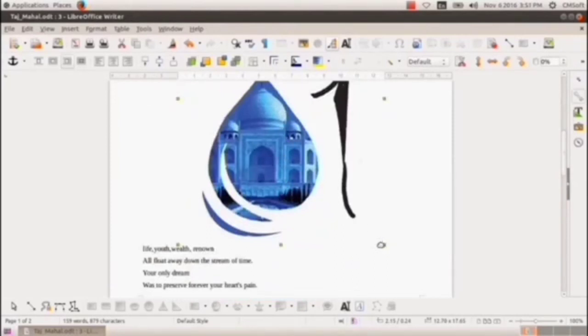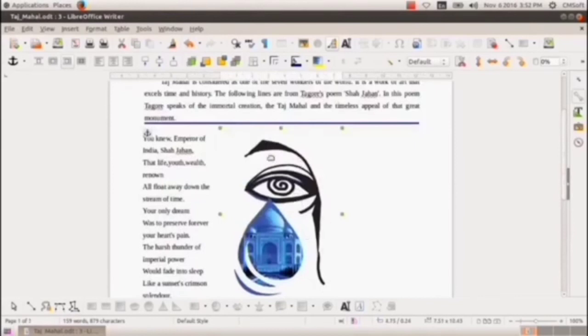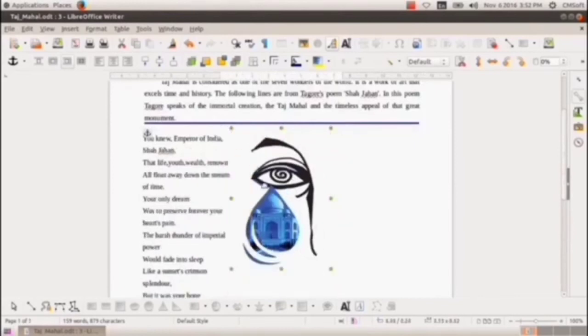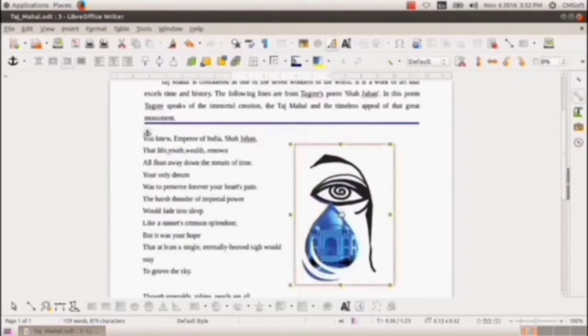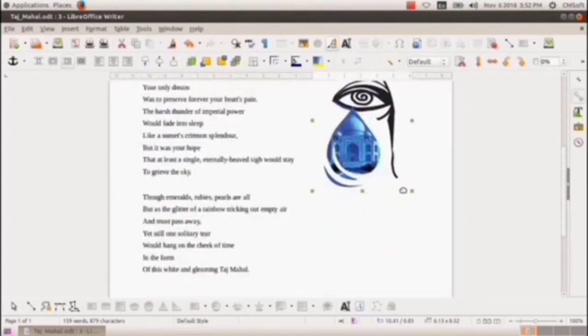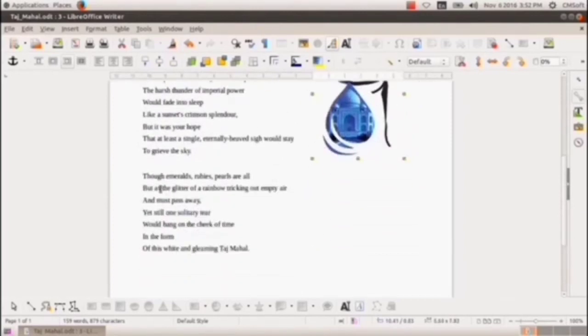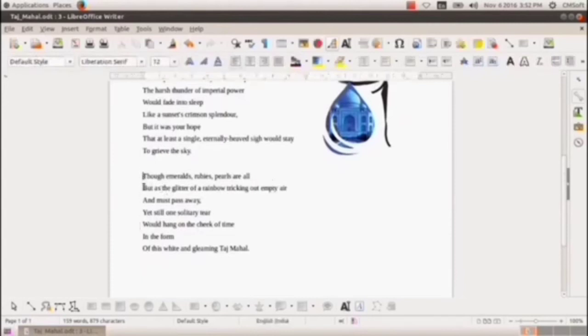Then adjusting the size of the picture. There is another image in front of this paragraph.